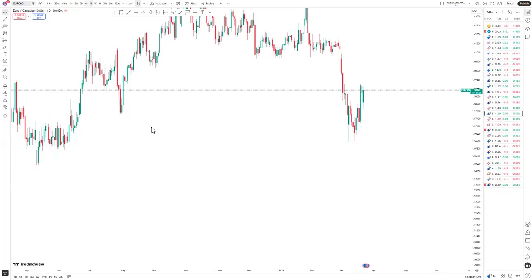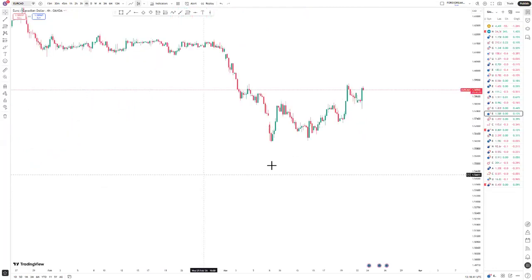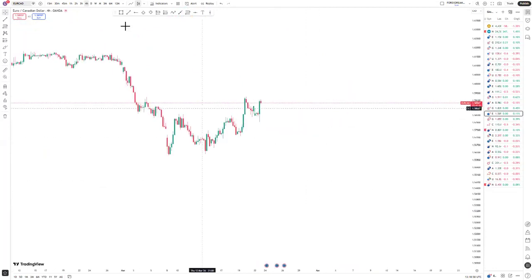We then jump to the 4-hour chart. On the 4-hour chart, what is it that we want to see? We want to see the market structure. We want to see what is happening on that time frame. Now you see that the market gave us the second touch of the trend line. The market went up, it came back down. If you look at what they did there, let me show you like this.